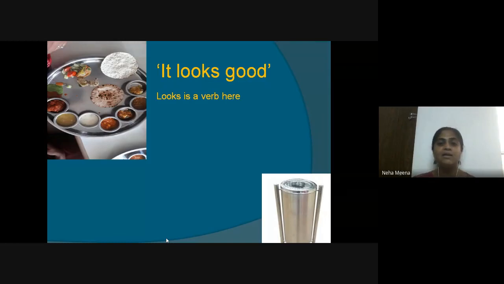For example, they are again deciding what kind of dustbins they should use at their restaurant. This particular dustbin that has been given in the picture, they have decided to use it. This dustbin is the fair one. They have agreed on it, and for this dustbin, they are saying it looks good. So "looks" is used as a verb here.